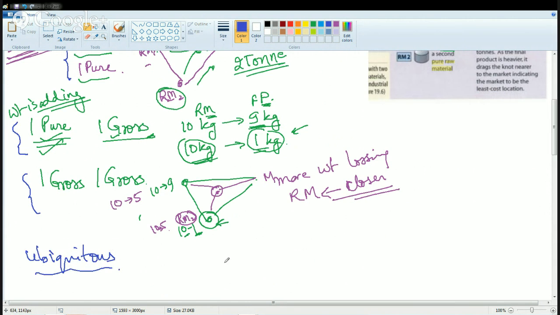If both of these are ubiquitous, so both the raw materials can be found anywhere, my obvious location would be near the market, because these two raw materials would also be present near the market. So if both of them are ubiquitous, either pure or gross, my location would be near the market. The next is,